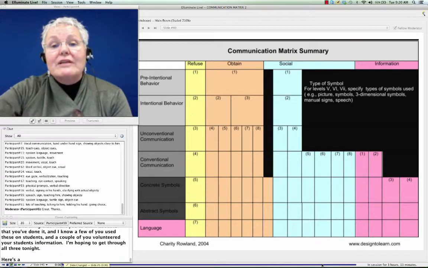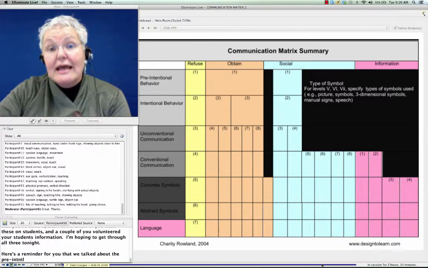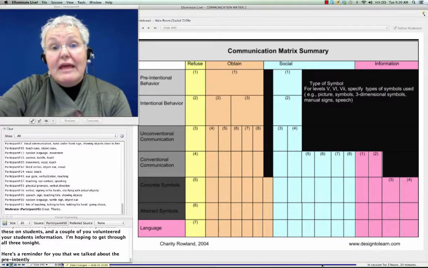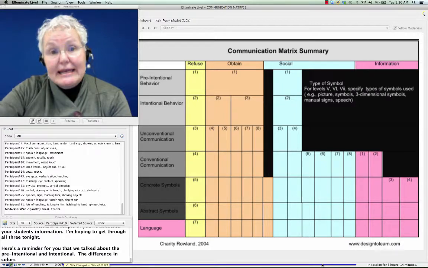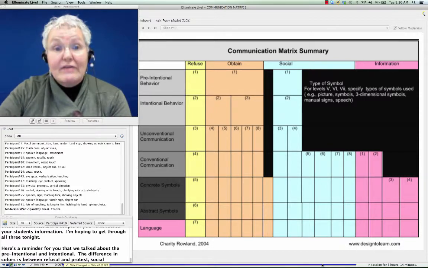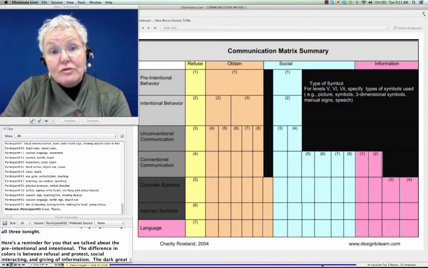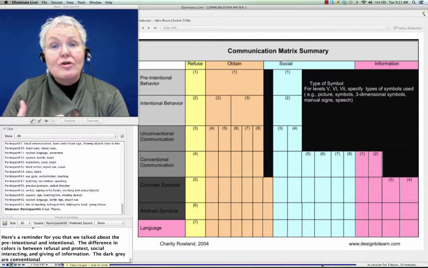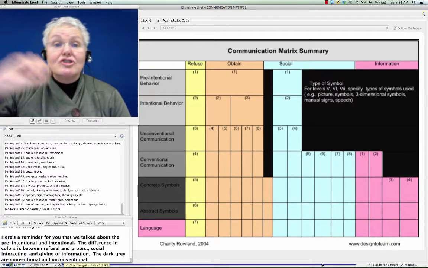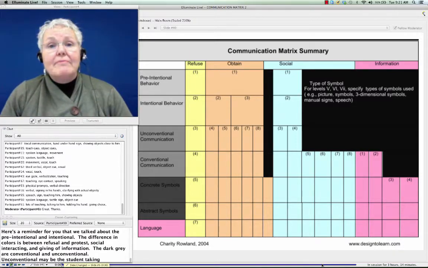Remember, we talked about the pre-intentional, which is the intentional behavior, not yet communication. That's the light gray part. Those first 2 rows, and the change in colors is the difference between refusal and protest and obtaining and getting what you want, the social interaction, and then information gathering or giving of information. And then the dark gray two are the unconventional and conventional communication. We started to talk about that unconventional being the fact that the child may just take something and toss it, meaning I don't want it, which is unconventional, kind of socially not acceptable, but it is a beginning communication because